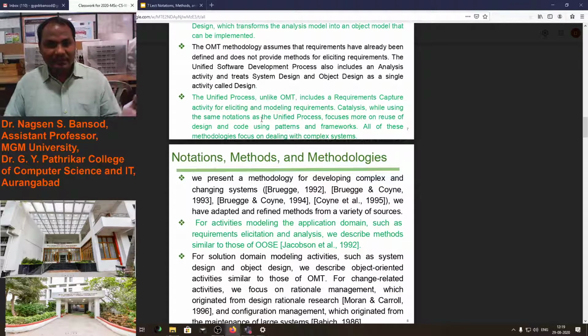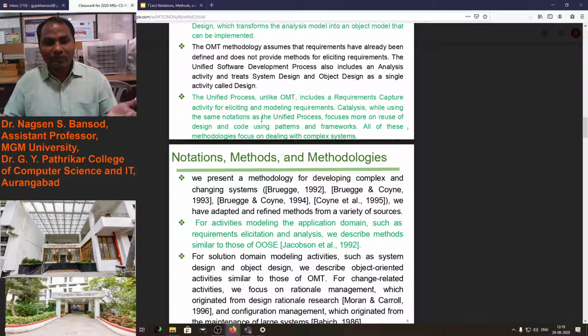Suppose there is a single activity we have to require for design, and for object design we have to require another type of activity. When we add these two activities together, then we can say this is the methodology for developing the software or for designing the software.